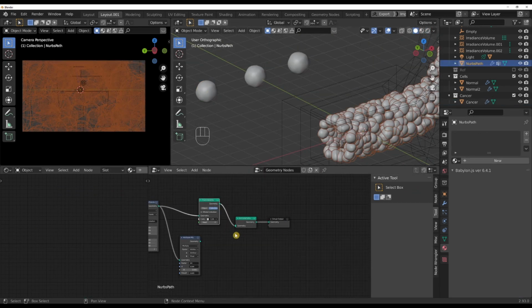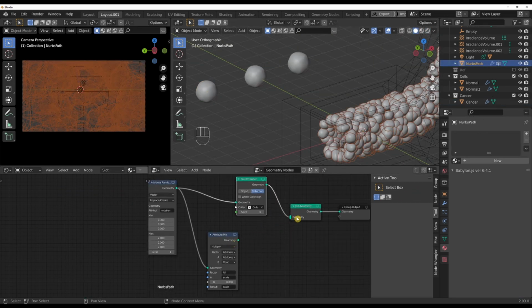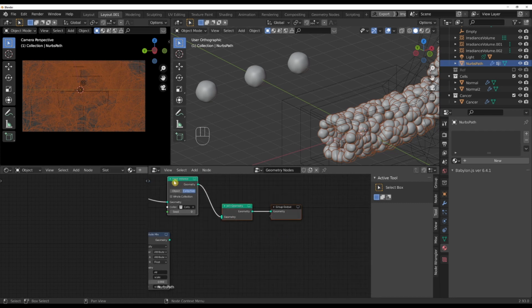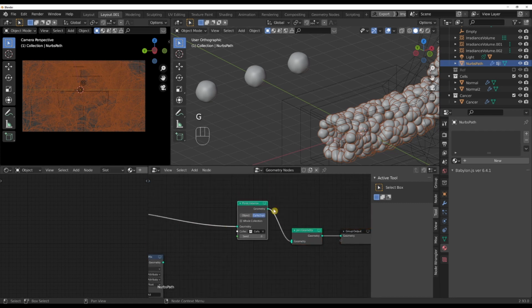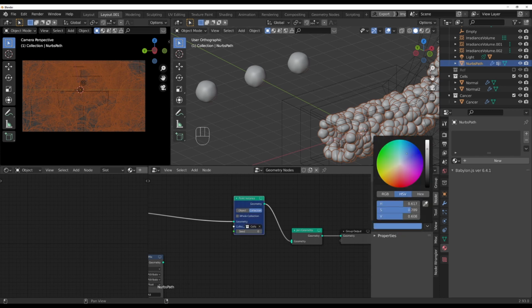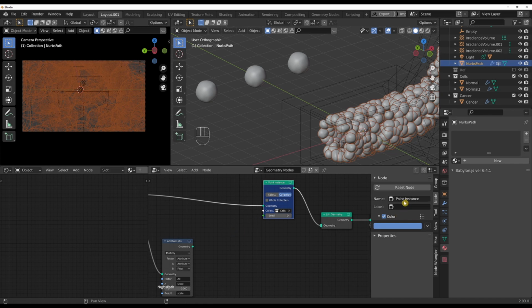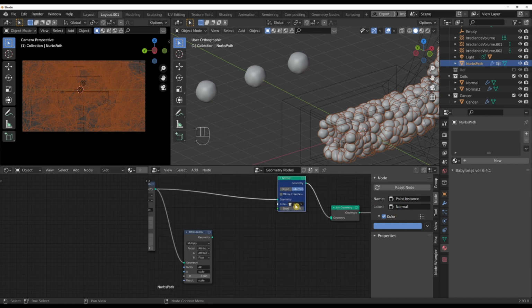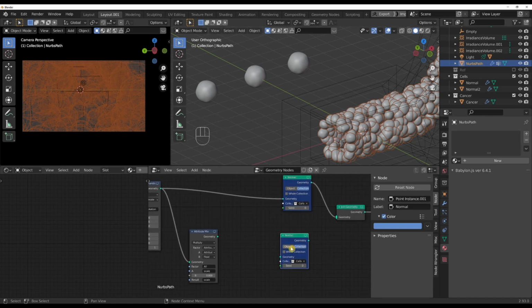Go back to our geometry system. And if you find it more convenient, you can just recolor this by going to our node, node color, to help you differentiate between your two systems. I'm going to change that to blue. And you can technically rename it by checking label like normal. And then I'm going to duplicate this. And I'm going to switch an object, cancer,